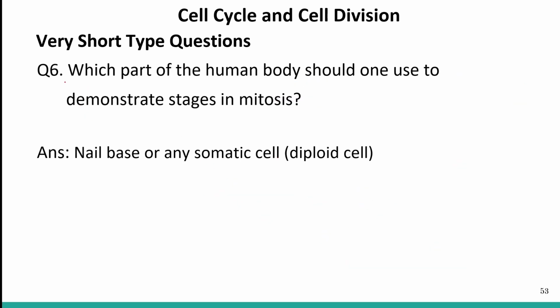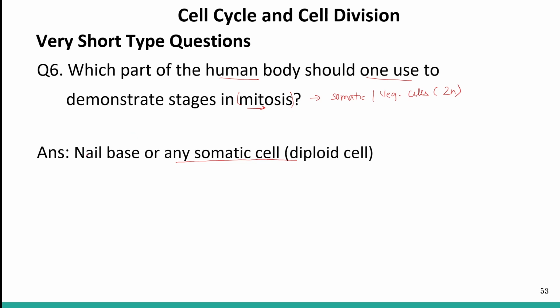Now let's talk about the next question. Here they are asking which part of the human body should one use to demonstrate mitosis. They are asking about mitosis here. So mitosis generally takes place in the somatic cell or the vegetative cell, which are diploid. So the answer should be any somatic cell you can take which is diploid,